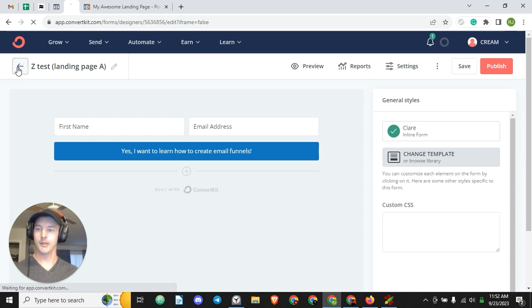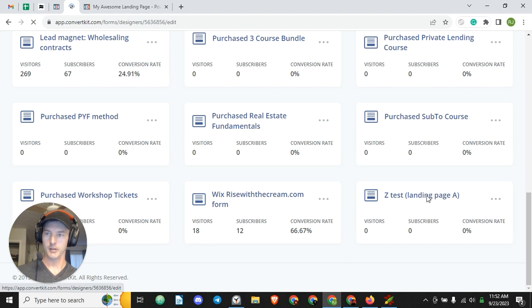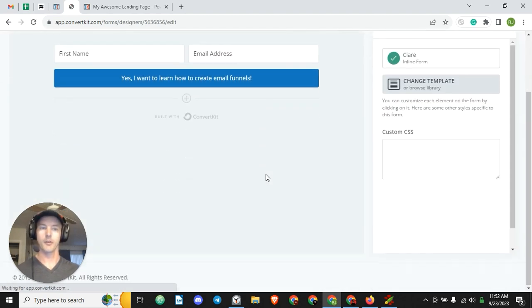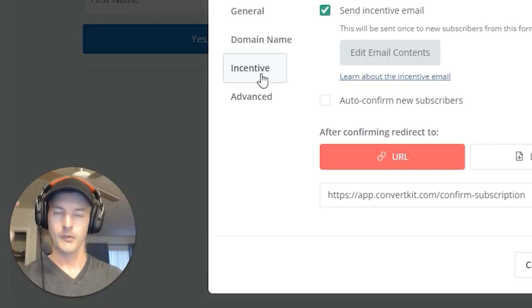I'm going to go back to the landing pages and forms. I'm going to duplicate this. Oh, I forgot one step. In ConvertKit, you want to make sure that when somebody downloads this, it triggers the correct incentive. So when somebody's downloading